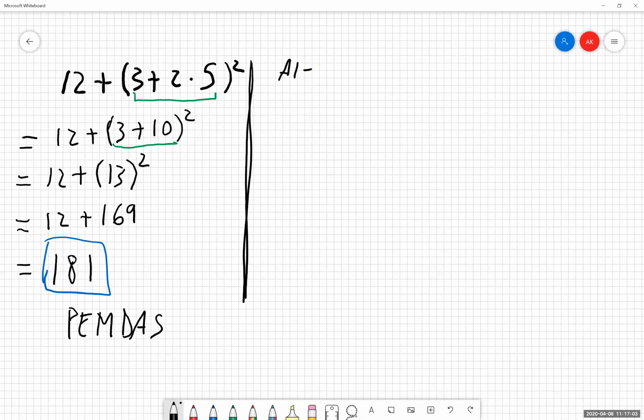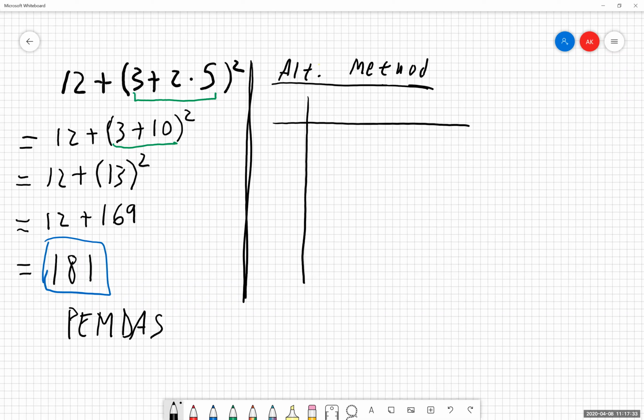So I'm going to put alternative method. And on the homework, on the test, if you want to show your work either way, I do not care which of these methods you would like to use. It's your call. So this alternative method to go through and solve the same thing is just a different way of organizing your work as we're going through the process. To start this off, you're going to set up a table for yourself, about like this. Put the original expression that you're starting with in the very top corner.